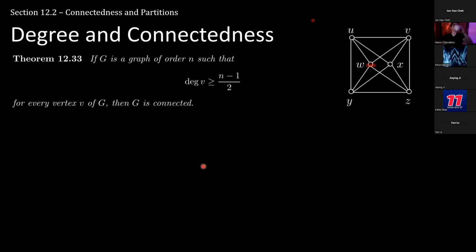Okay, so now degree and connectedness. If G is a graph of order n, such that the degree of V is greater than or equal to (n minus 1) over 2 for every vertex of G, then G is connected. So basically, if you can verify,